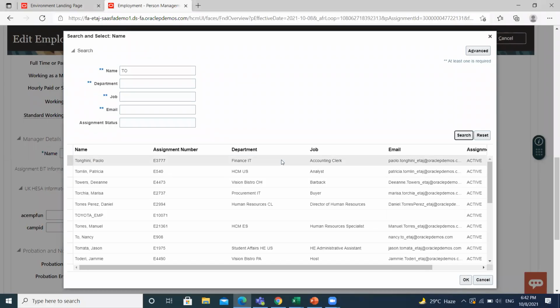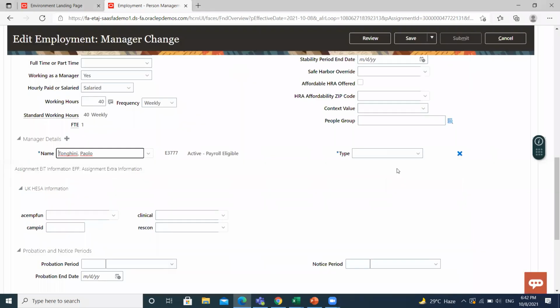From here, select the manager and then click on OK.